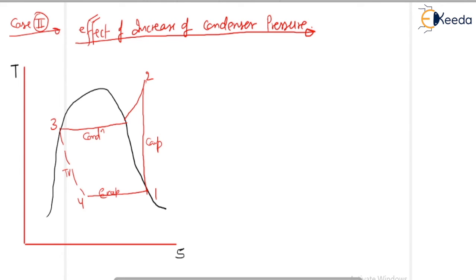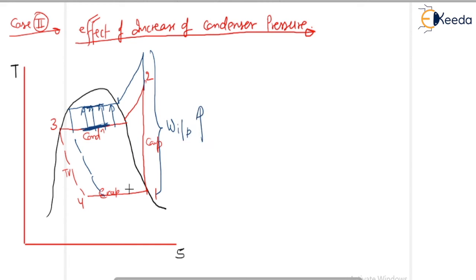So if you increase your condenser pressure from this value to this value, the total work input is going to be increased, the refrigeration effect is going to be